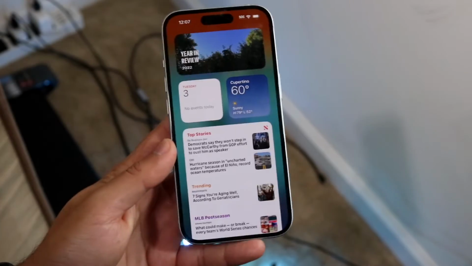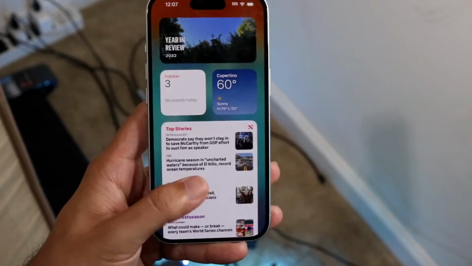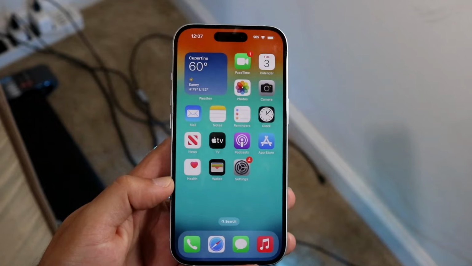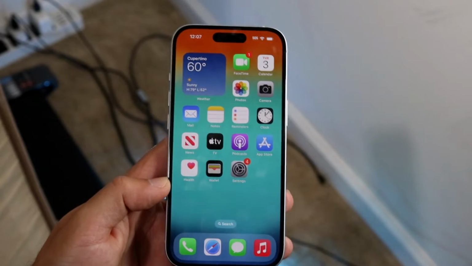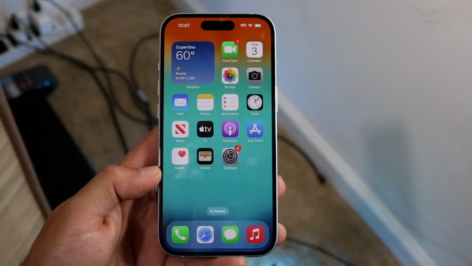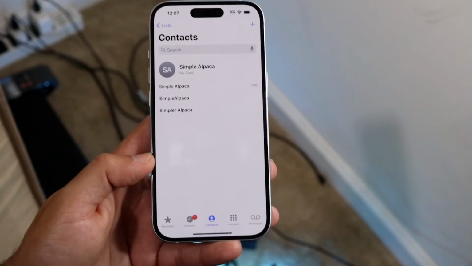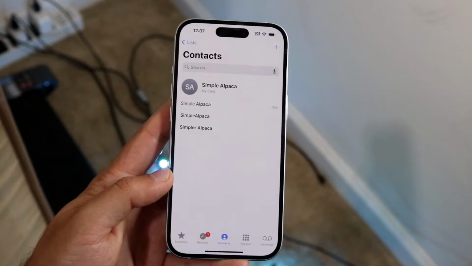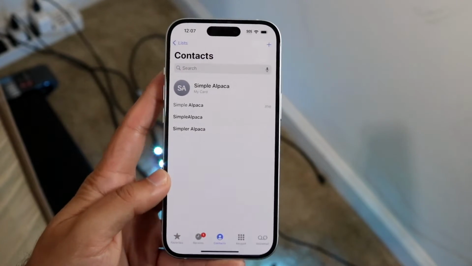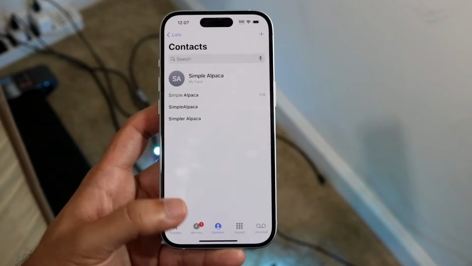So you might be in a situation where for some reason your contact card on your iPhone on iOS 17 or any iOS version is not working. Now, this can happen for a few different reasons, but the very first thing I would recommend doing is going into your actual phone call application. And if you see this My Card option, that basically means you have it and you probably just didn't see it before. Now, if this is missing and you scroll all the way to the top and it's still missing,